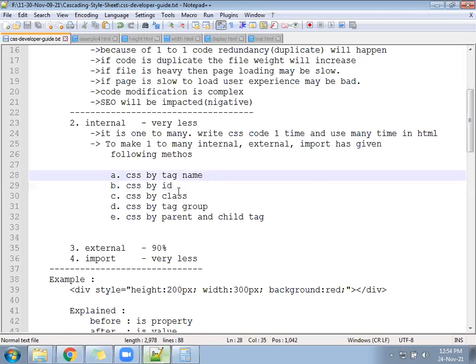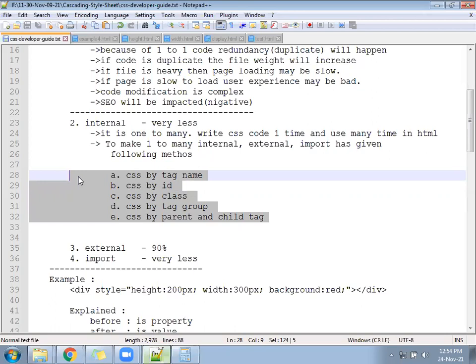Now we will create an example for CSS by tag name and understand how it works. By ID, by class, by tag name, and by tag group also. All these 5 methods, we will create 5 examples. After creating the 5 examples, you will choose which of these is the best. Till now we have followed 2 methods, internal and inline. Out of these 2, internal is the good one, the best method as of now. In internal, we found 4 more ways: tag name, ID, class, tag group, and parent child.